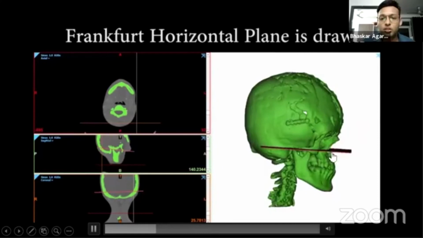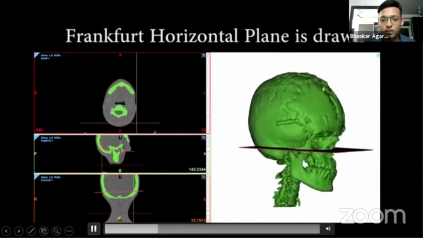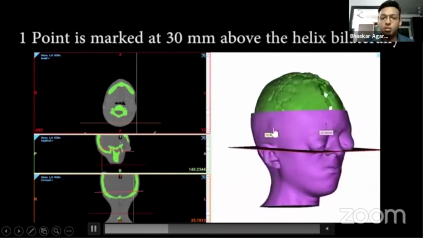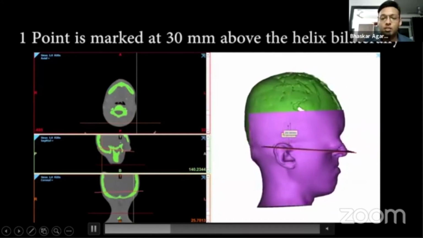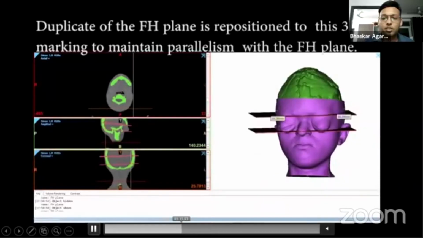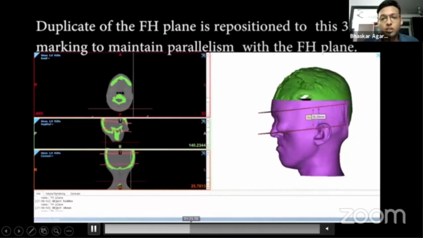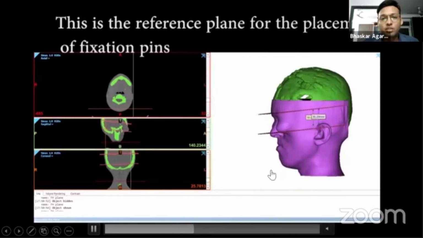So the Frankfurt horizontal plane is planned on the software, and a point is marked at 3 centimeters above the helix, and the Frankfurt horizontal plane is duplicated and raised to that level, because you want to place your distractors along this plane and parallel to the Frankfurt horizontal plane.